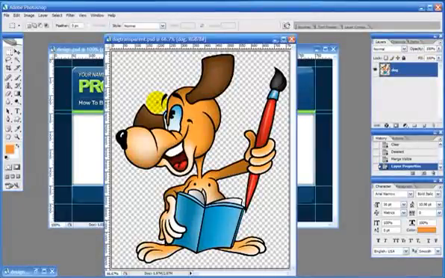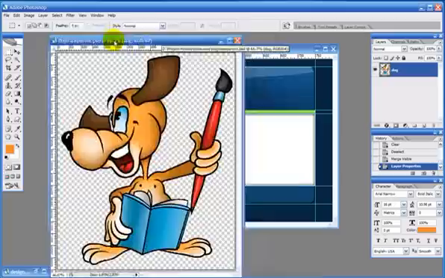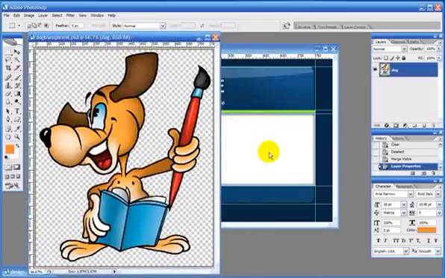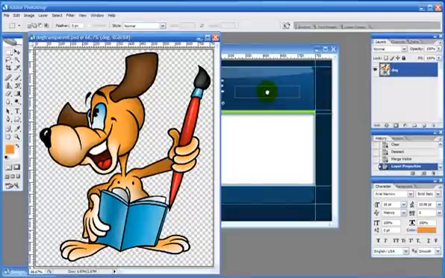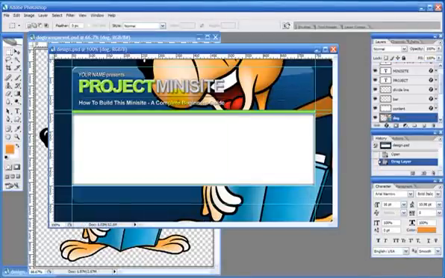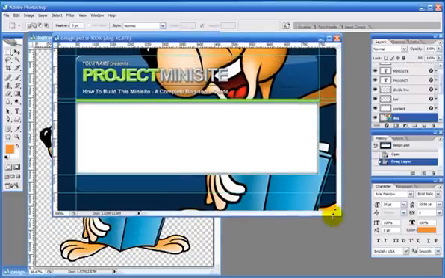So now we have the dog all ready to use. The next thing we want to do is just to transfer him onto our actual design and get him down to the right size. So to do this, quite simply, if we just grab the layer here, holding down the left mouse button, we can virtually grab this layer and just drop it down onto our design. If I let go here, you can see the dog appears as if by magic,